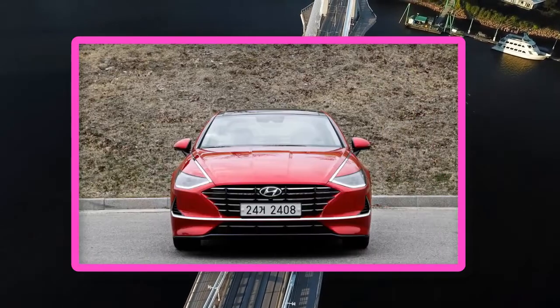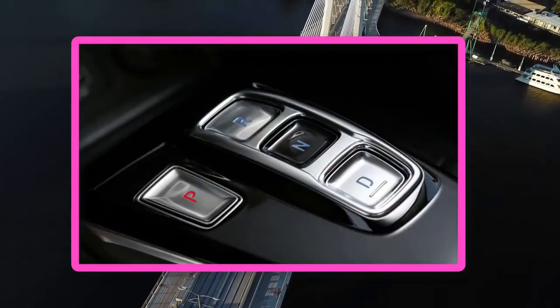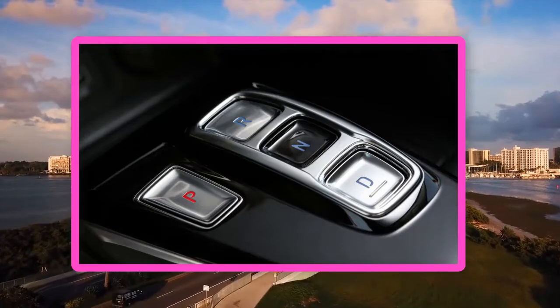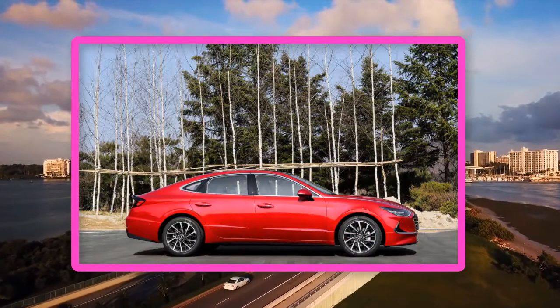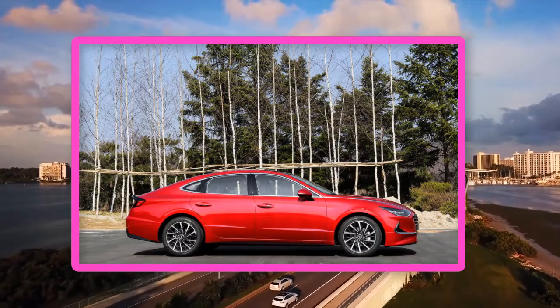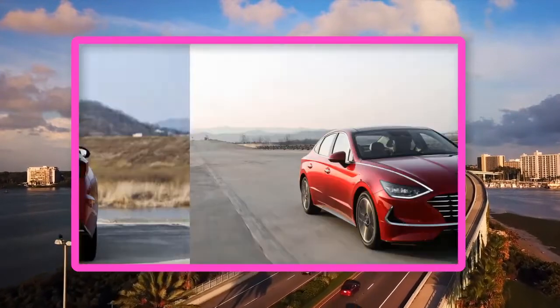Designed to attract in an SUV world. As improved as the dynamics may be, the Sonata's trump card is its design. In a shrinking sedan market, Hyundai went bold and broke new ground with the Sonata's design. "It was a case of do we go the way of the big three, and begin to eliminate and go in an all-SUV direction? We decided to go a different way, to go bold. We think there will always be a place for the sedan,"